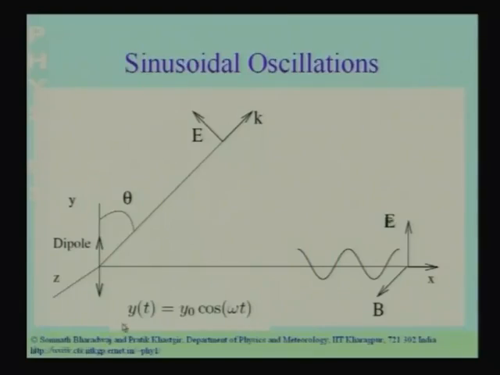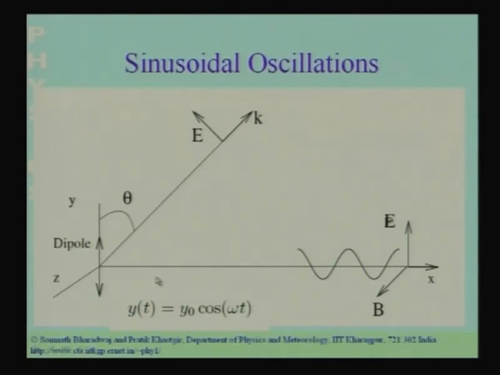In this situation where the voltage oscillates sinusoidally, we can write down the displacement of the electron up and down this dipole oscillator. The dipole oscillator here is aligned with the y axis, and the motion of the electrons moving up and down we can write as y of t equal to y naught, which is the amplitude of the displacement, into cos omega t.